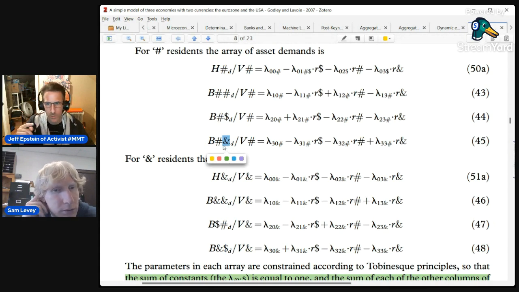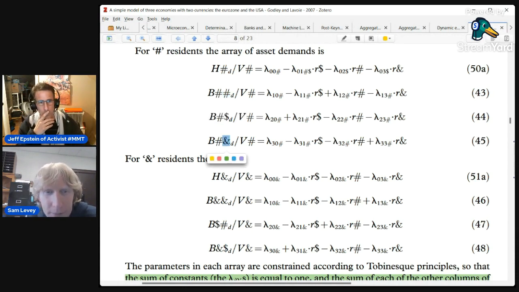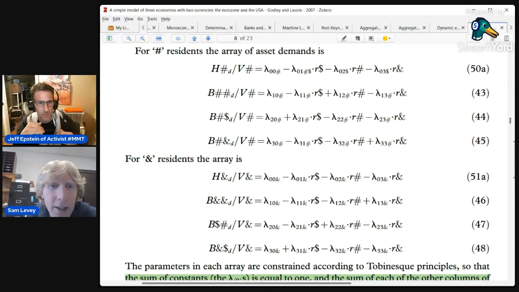Which is a euro. So what is... the 45 and 43 are redundant. They're not redundant. So what is the point of having... these are bonds issued by the hashtag government. Oh, bonds. Or bills, bonds, whatever you want to call it. And these are bills, bonds, whatever, issued by the ampersand government. These are not euro. I mean, they are euro bonds, but they're created by... So if you want to think, maybe let's just say the hashtag government is like France and the ampersand government is like Greece, right? So maybe you live in France and you can own some French government bonds. You could also own some Greek government bonds.